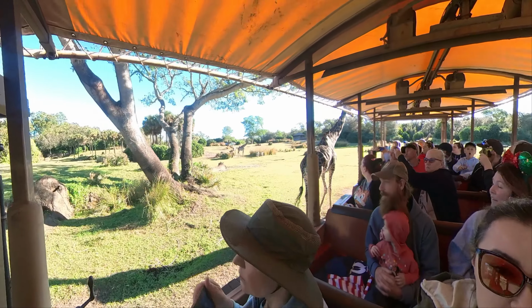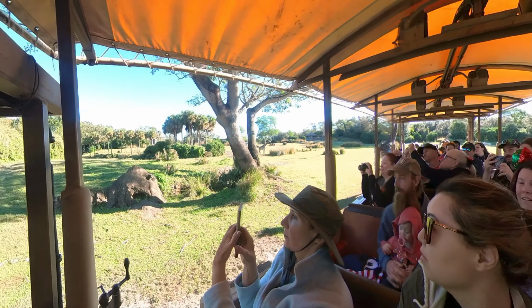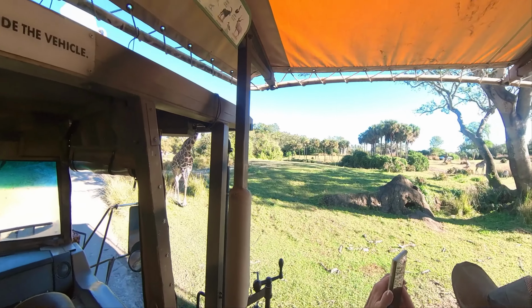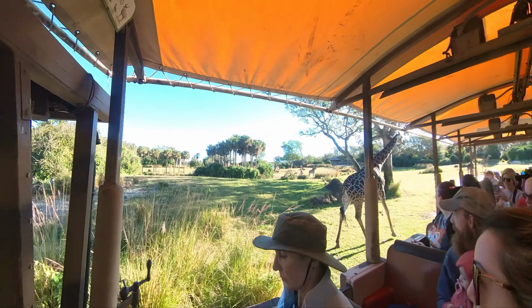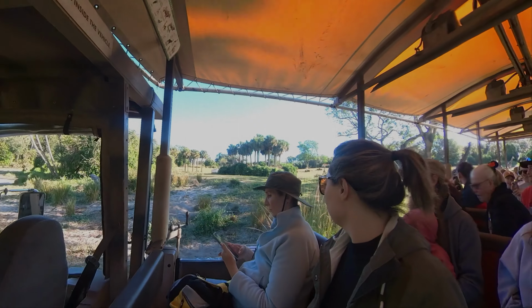Now we are passing right by that Maasai giraffe. Maasai giraffes are going to have very jagged spots, and each spotting pattern is going to be